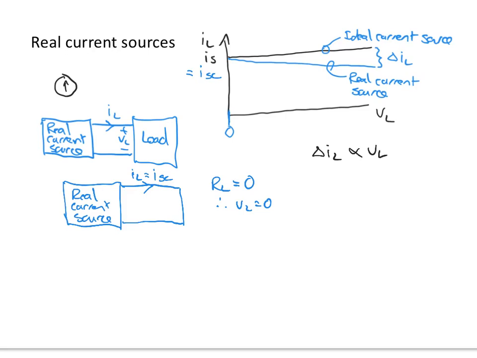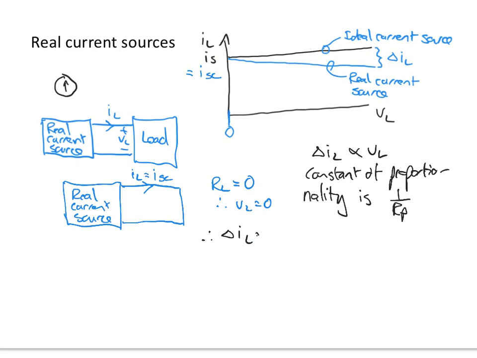And this time the constant of proportionality is the inverse of ohms. So it is 1 upon RP. And so we can see that delta IL is equal to